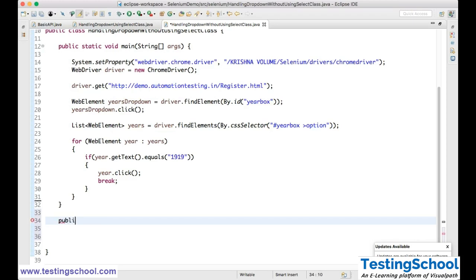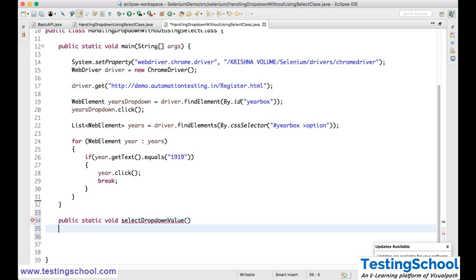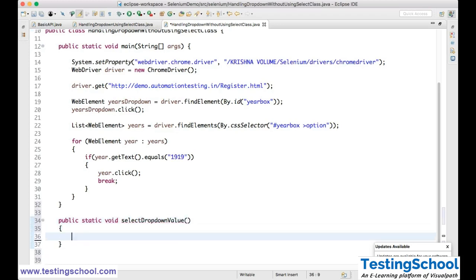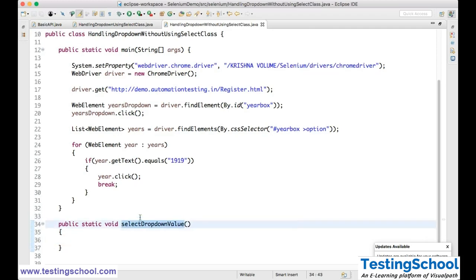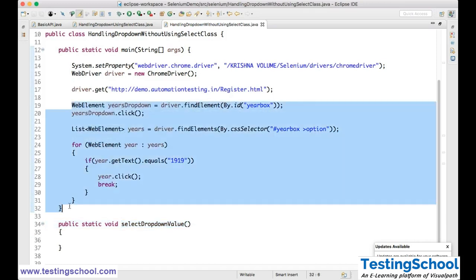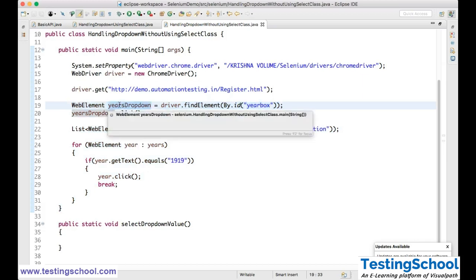Public static void, I'll say select drop down value. Okay, I am creating a method called select drop down value, a simple single method. So here, what is the dynamic content in this? What is the dynamic content? So this year box, okay, this year box means this value, means the particular web element,